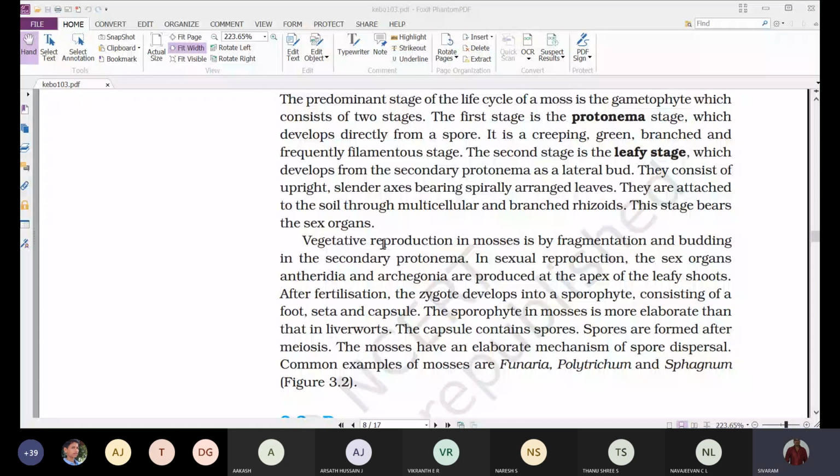And this stage will form the sex organs. There are the antheridium and archegonium, which are the male and female sex organs. That is about the structure of